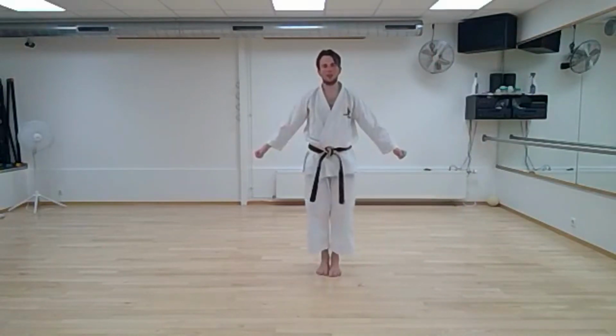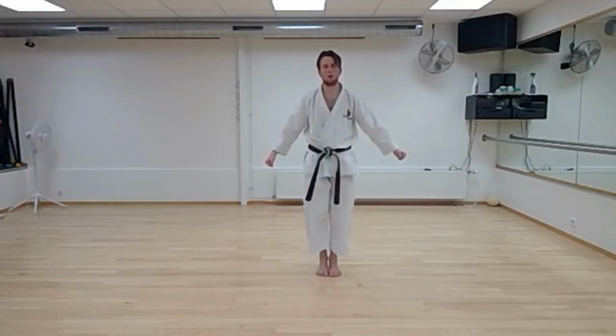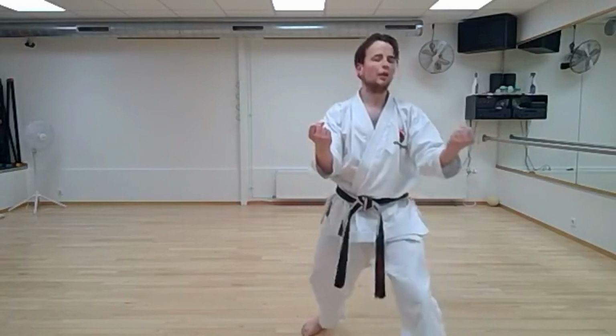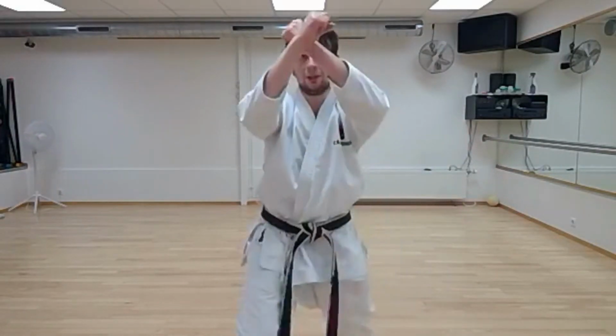Hai, yoi. So again, intention. Kick your right leg forward. Ichi. Intention. Ni. Now kick your left leg forward. San. All right. Now kick your right leg forward. Shi. Now you should feel again, like we talked about in the hanmi, in the next movement, you should hit